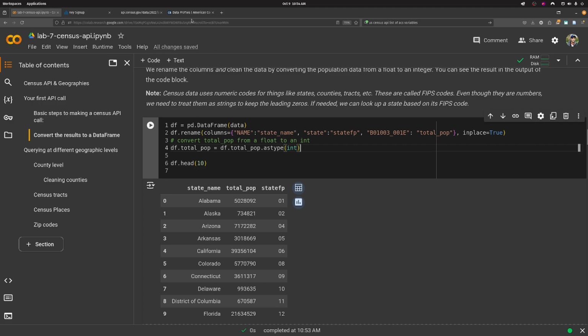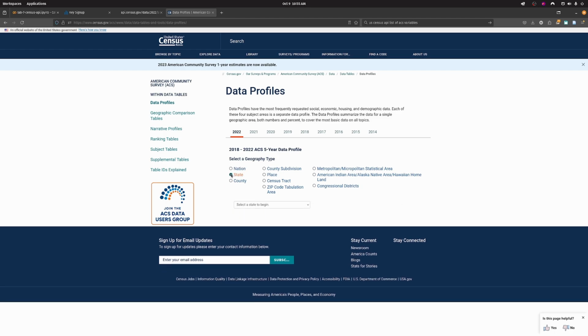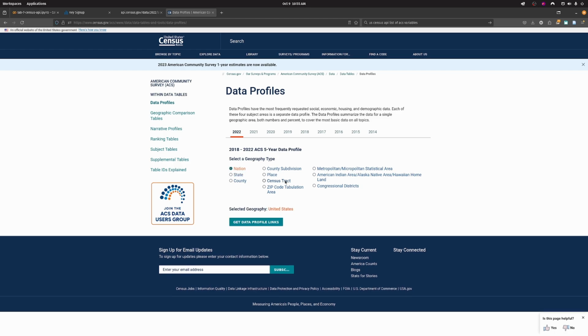Now, if we take a look over here, this is from the Census API documentation. It tells us what geographic levels we can do. So we've done state so far. If we wanted the entire nation, we could do it for the whole nation. And in this video, we're going to look at state, county, place, tract, and zip code. But just so you know, there are a few other areas like congressional districts,